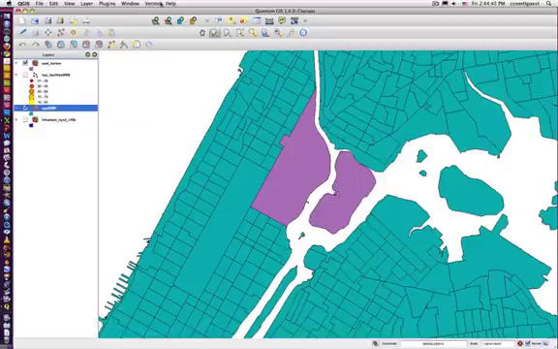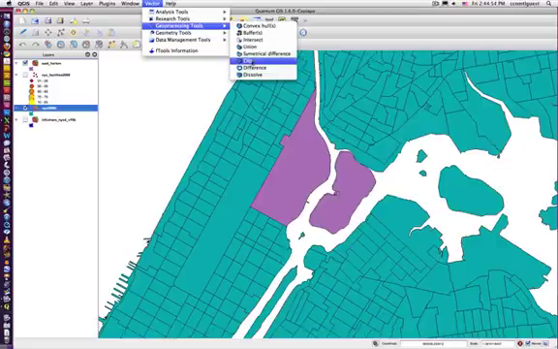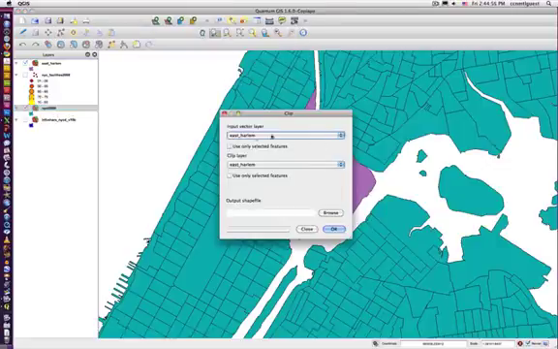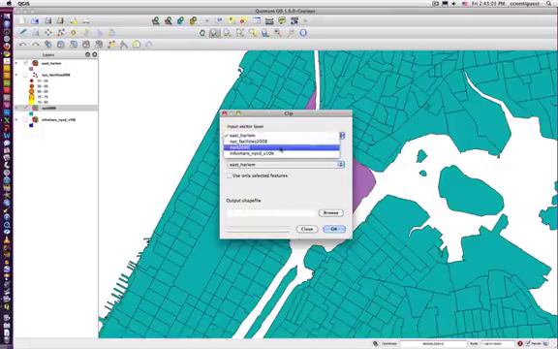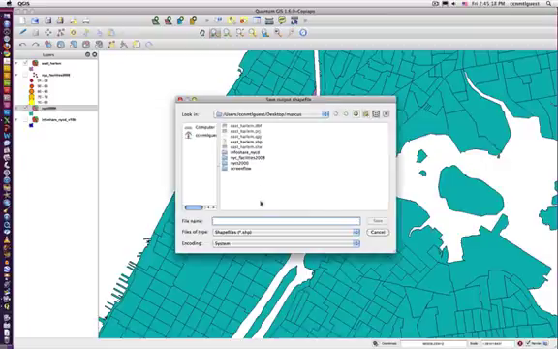To do that, we just go up to Vector, Analysis Tools or Geoprocessing Tools, and go to Clip. The input vector layer means the layer that you want to clip from. So we want to use the census tract file as the master file that we want to clip from, and the clip layer, or the cookie cutter, that we want to use is the East Harlem clip, right? And then for the output shapefile, you want to save it, so give it a name, say East